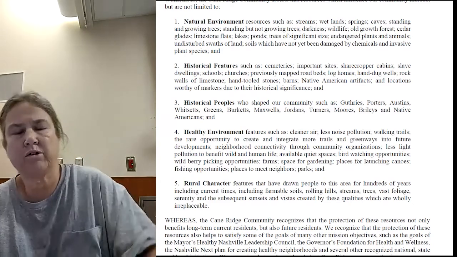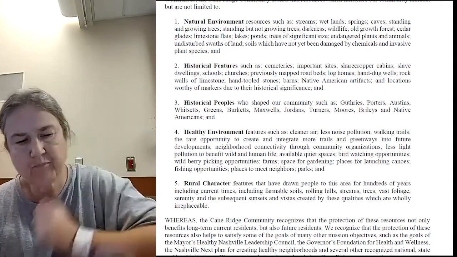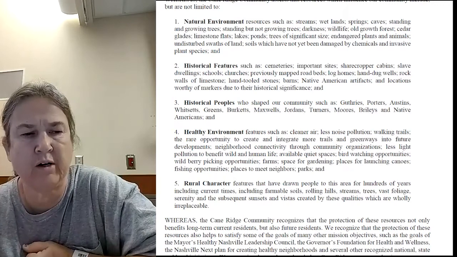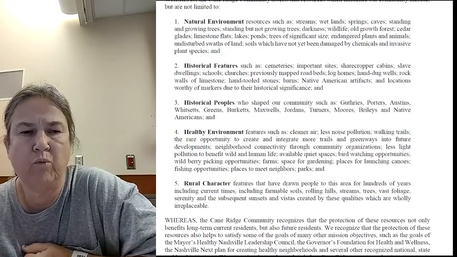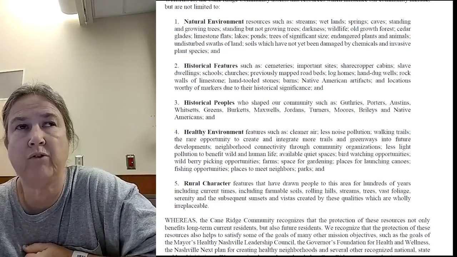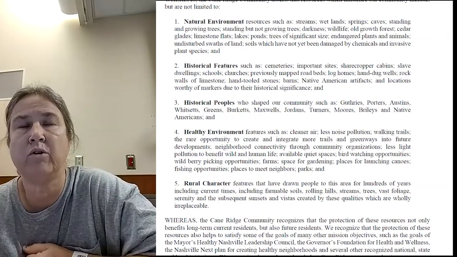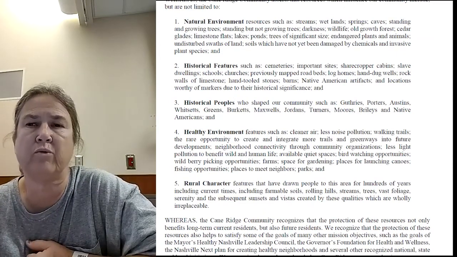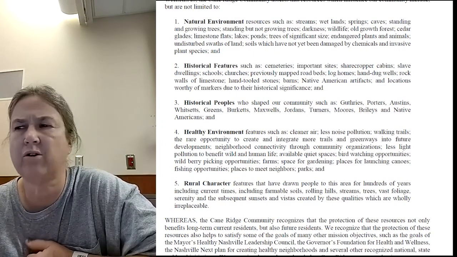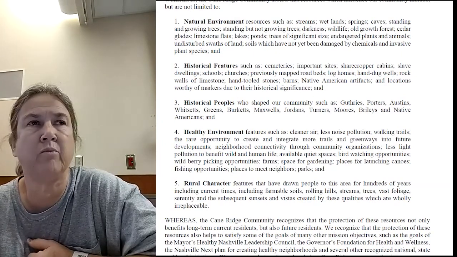Old growth forest and cedar glades. We have trees in our area. One that exists right off of Old Hickory Boulevard is 17.5 feet around. There's another one right off of I-24 that's nearly 21 feet around. These are humongous trees, and we call them witness trees.